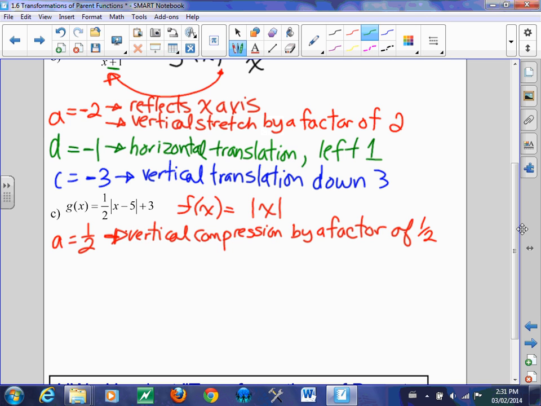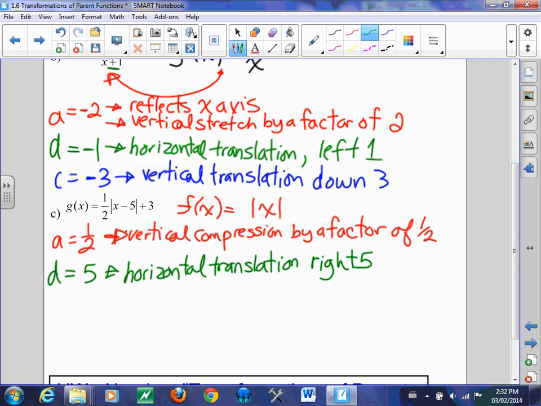D, ladies and gentlemen, in this case is 5. So that tells us we have a horizontal translation right 5. And lastly, we have C equals 3. And what does that tell us? That's a bad looking arrow. I'll just fix the arrow up here. So that tells us we have a vertical translation